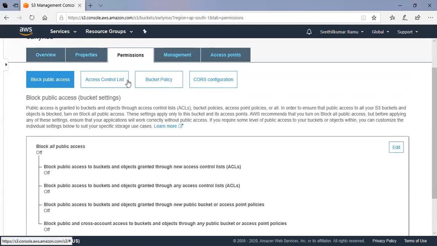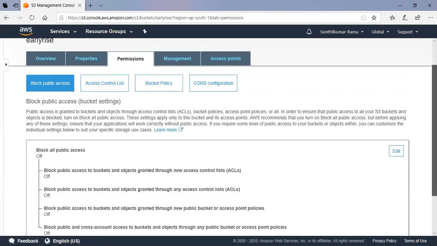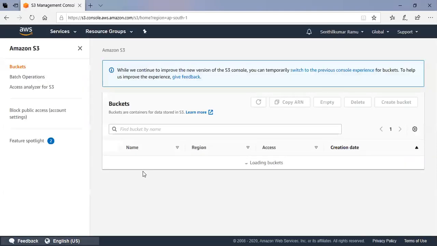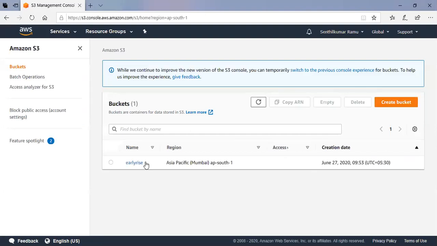Now I go back to the file. See, here we are giving permissions at two levels, right? One at the bucket level and one at the object level itself. So which one overrides the other?